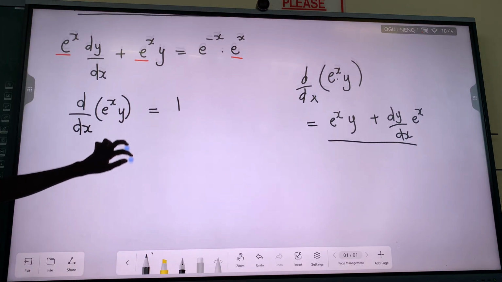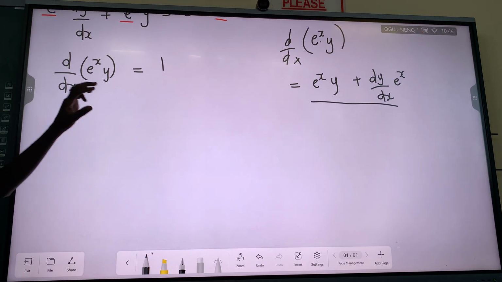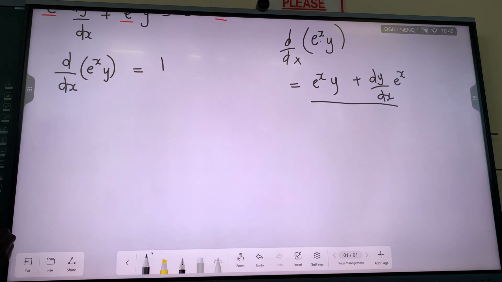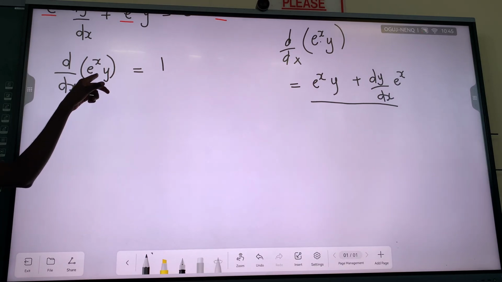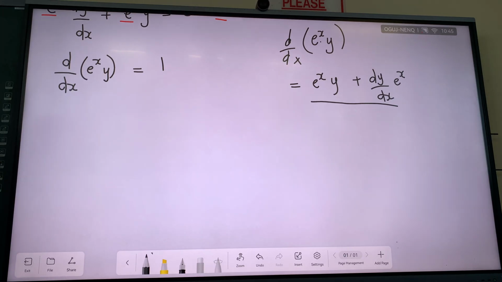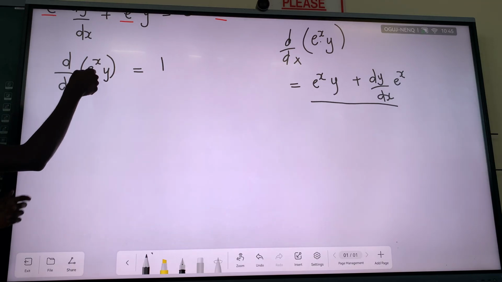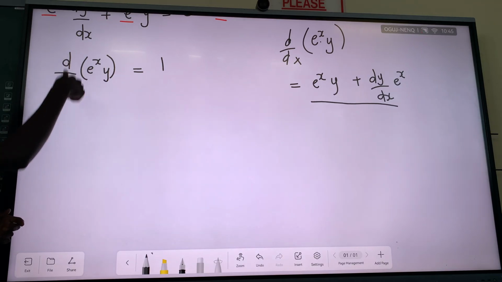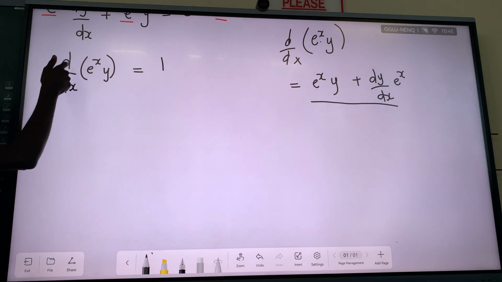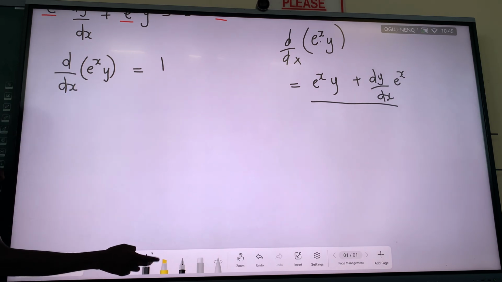And then remember, we want to find the solution of the differential equation, so what are we finding? A function. In other words we want to find y. Our function is either y or f of x, a way of representing the function. So here, how can we find y if we have d/dx? We integrate both sides of the equation.